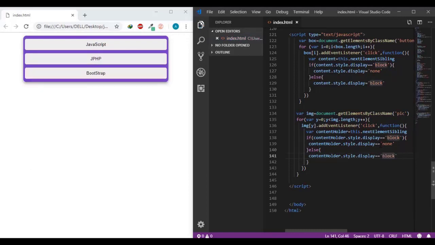Yeah, but here is just one equal, and here two. So if we save now and see,